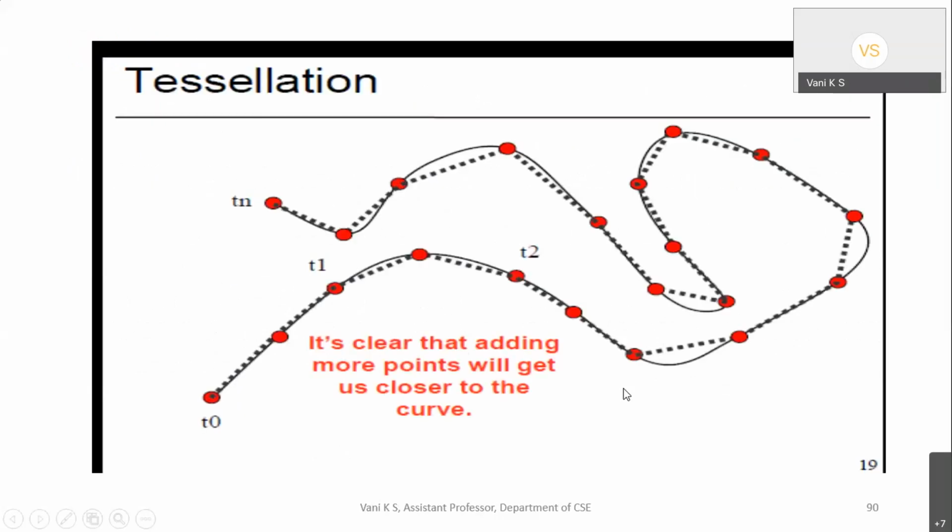Now, the more the number of points, the smoother the curve you will get. See, instead of these many points here, if I had reduced it to 4 or 5, you would not have got such a smooth curve. So what's the conclusion here? If you have more points, the smoother your curve will become, because a curve is nothing but an approximation through straight lines. So the more points, the smoother the curve.